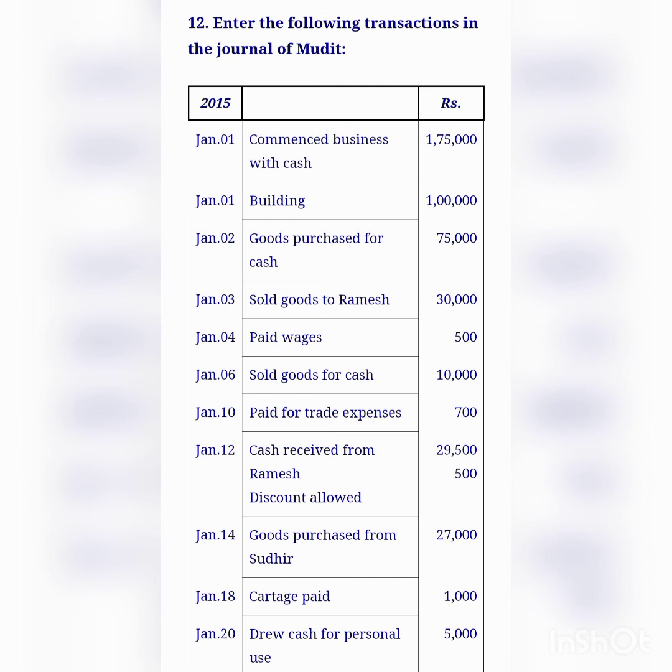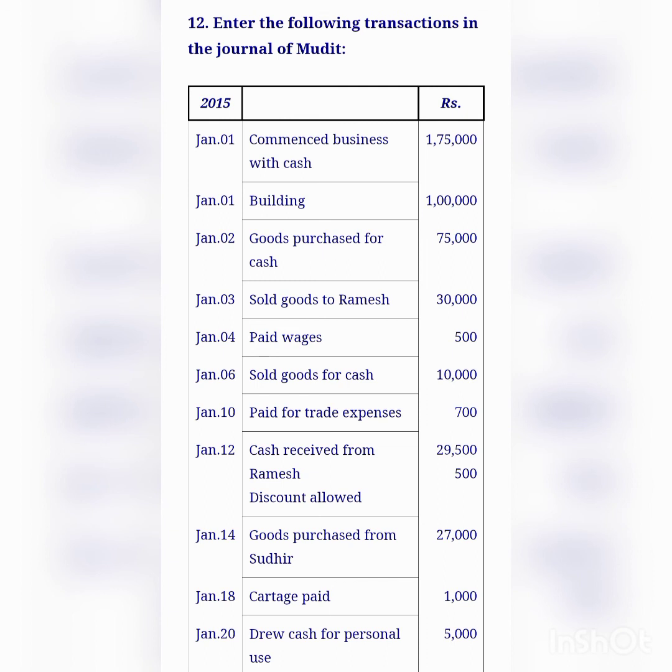The last transaction is drew cash for personal use. Drew cash for personal use means drawings. Suppose the businessman withdrew cash or goods for personal use. That term will be considered as drawings. Here the owner or proprietor or the businessman drew cash for personal use. The dual aspects are drawings account and cash account. Drawings is an expense or loss for the company. When expense or loss increases, we have to debit that account. So we want to debit drawings account.